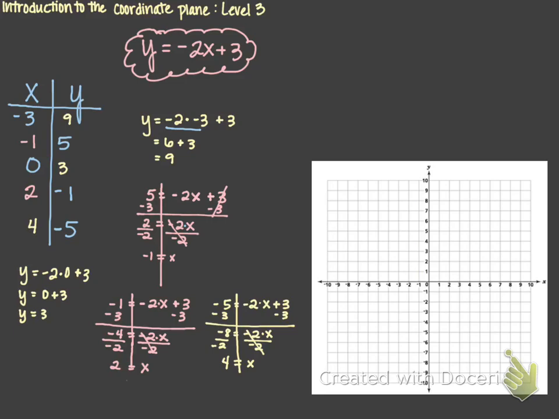All right, so now to plot the coordinate points, our first one is going to be negative 3, 9. So we're going to go negative 3 on the x-axis, and note that our x-axis is the one that runs horizontally, and our y-axis is the one that runs vertically. So we want to move over to the left 3 spaces, so 1, 2, 3, and up 9 spaces. So we have 1, 2, 3, 4, 5, 6, 7, 8, 9, and we're going to plot our point